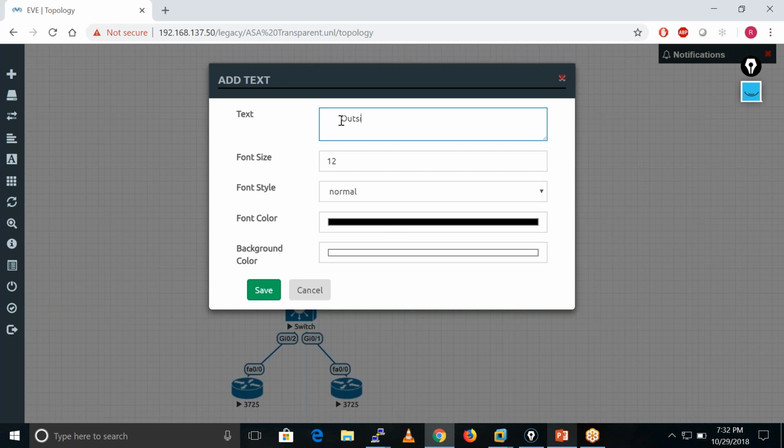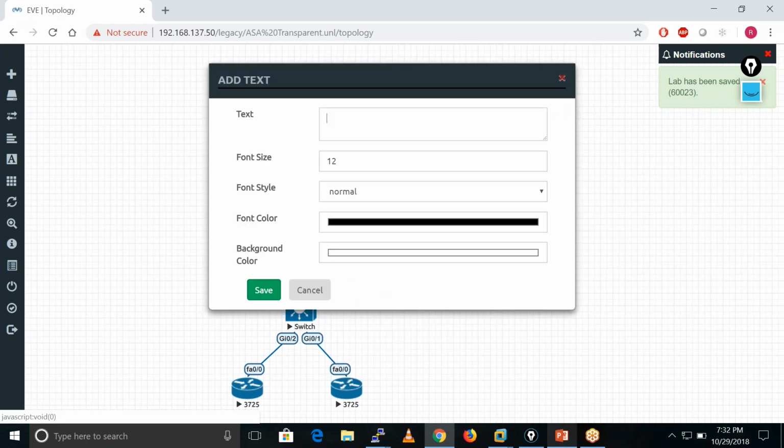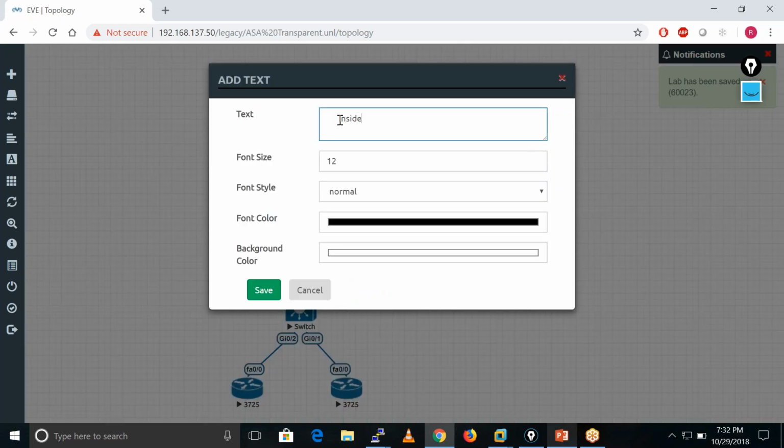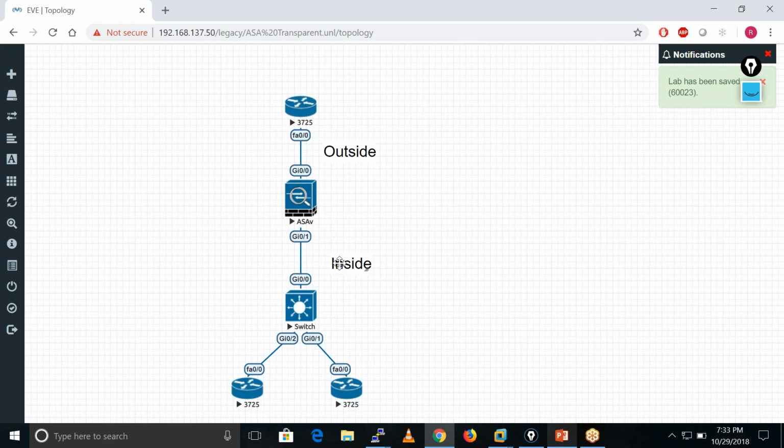This is my outside. This is my inside network. I will show you the configuration part, how we can configure the transparent firewall, if you get any kind of requirement.